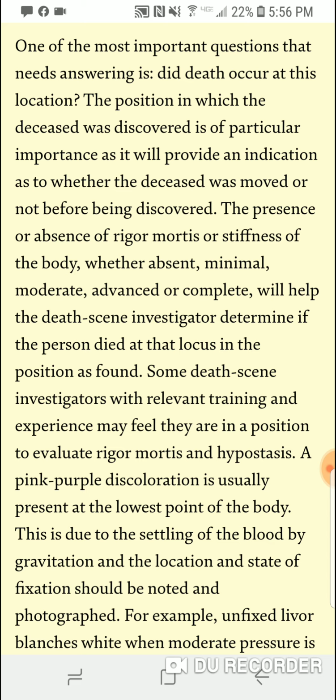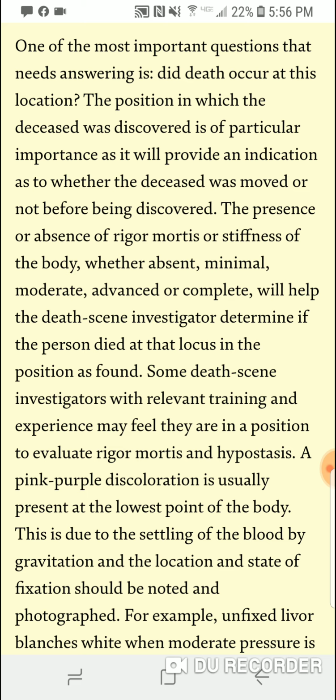One of the most important questions that needs answering, and it also needs answering in this case as well, is, did death occur at this location? The position in which the deceased was discovered is of particular importance, as it will provide an indication as to whether the deceased was moved or not